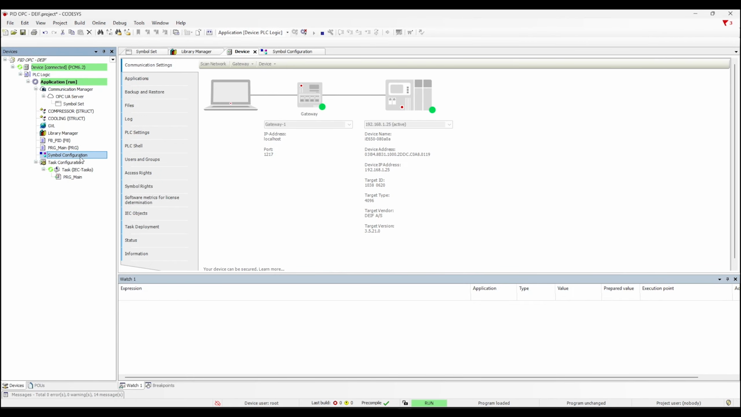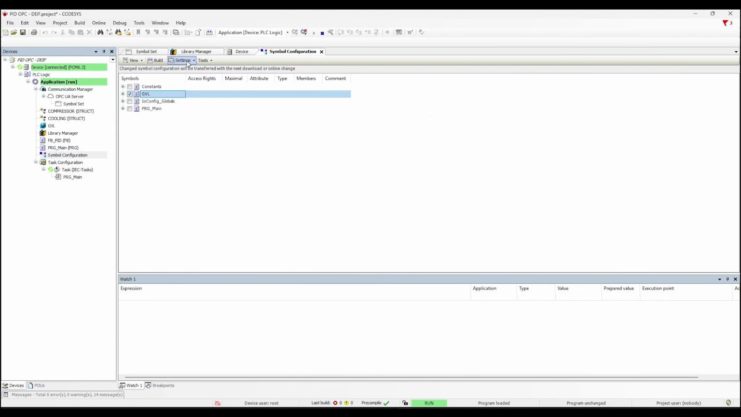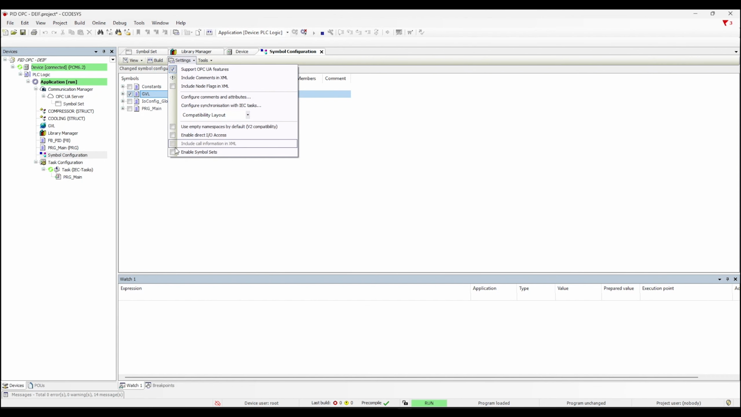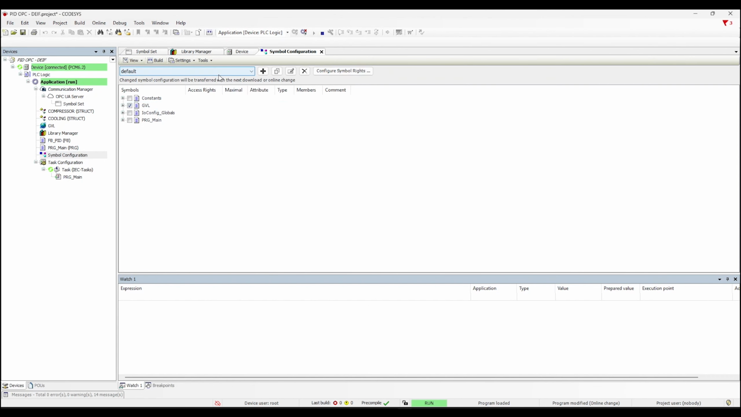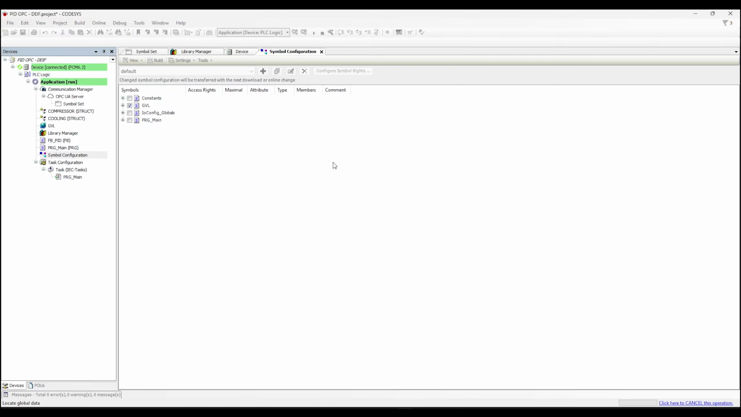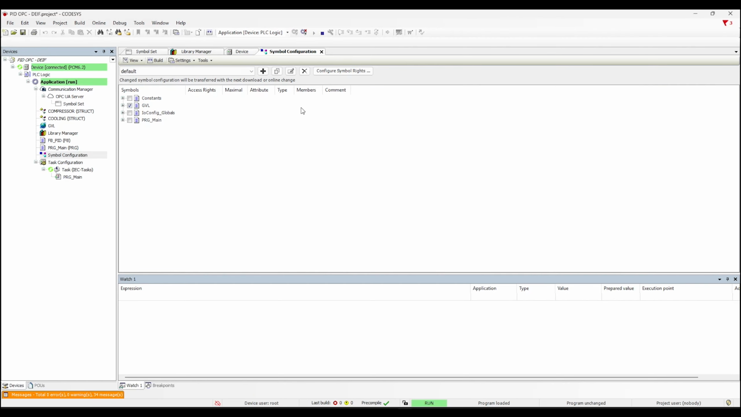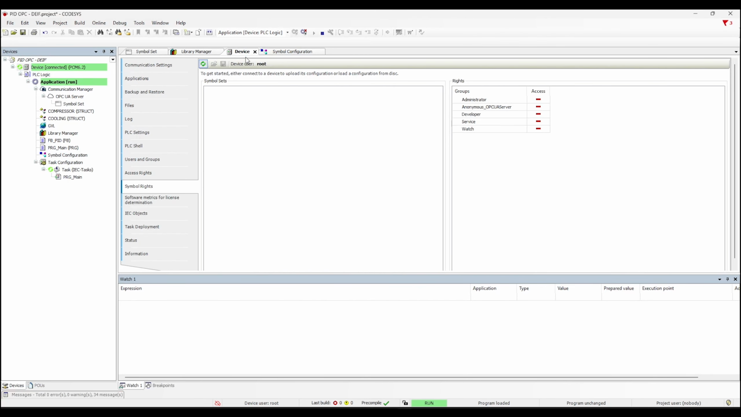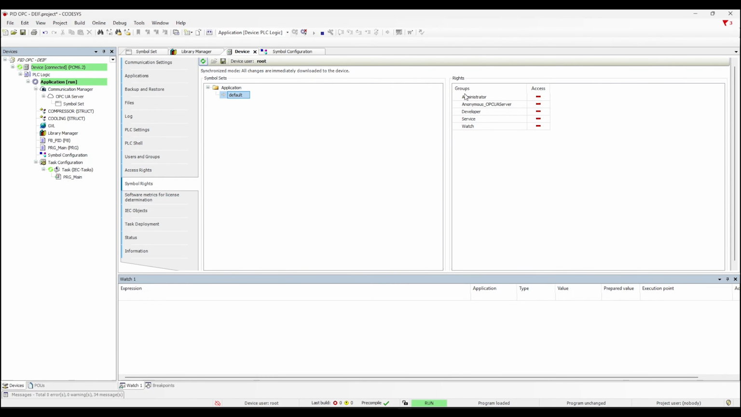If you are using symbol configuration, go to Settings and check Enable Symbol Sets. This assigns the default label to the symbol set and allows symbol rights to be configured. First, make sure to build the project and load the application so these changes are available in the PLC. Then, proceed with configuring symbol access rights. Click the Synchronization button, then open the default Sets access rights and change the anonymous OPC access right by double-clicking